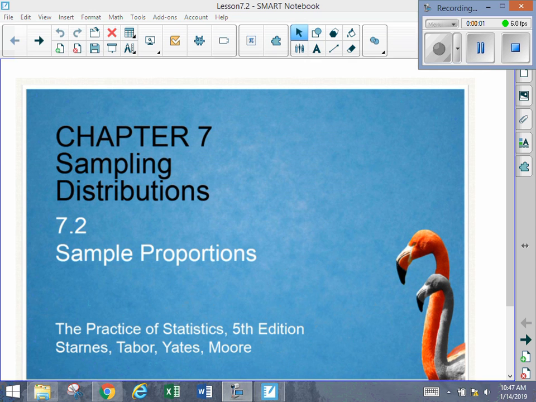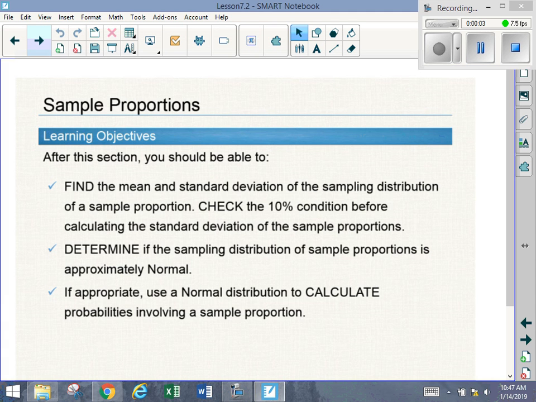Proportions, we get to look at my friend p hat. I think that should be my new B-boy name. Yeah, what up, p hat? Don't call me that. I wonder what the other options are. Yeah, no. I guess put it